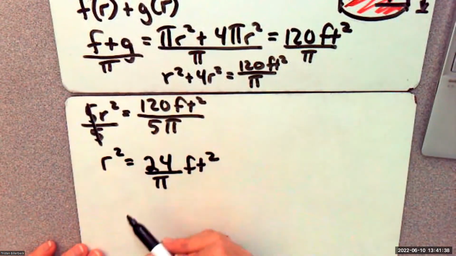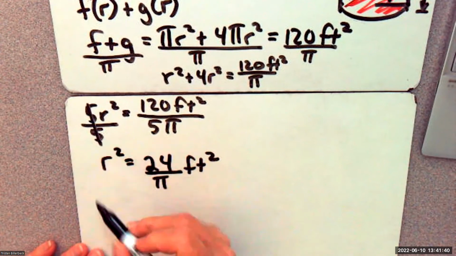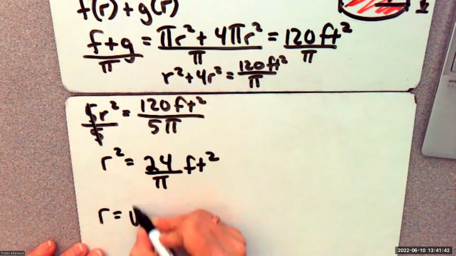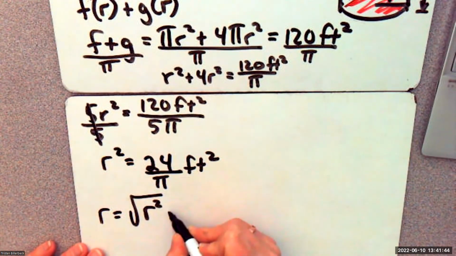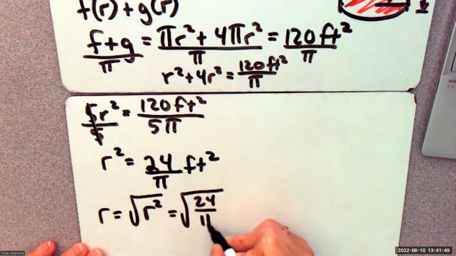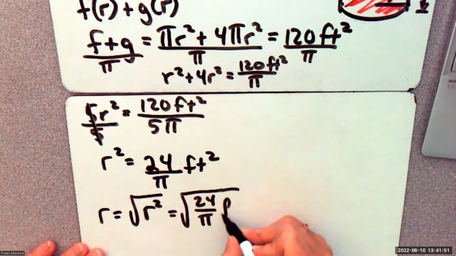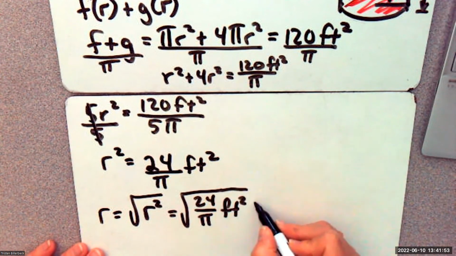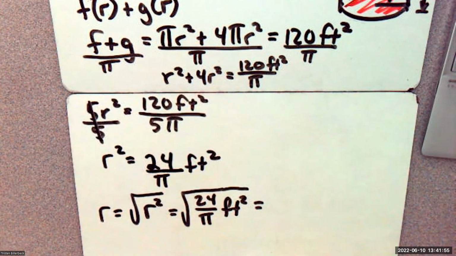So we're going to take the square root. So r equals the square root of r squared, which equals the square root of 24 divided by pi feet squared. And that's going to give us